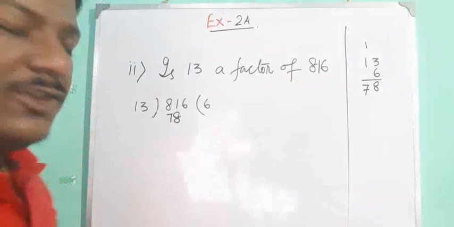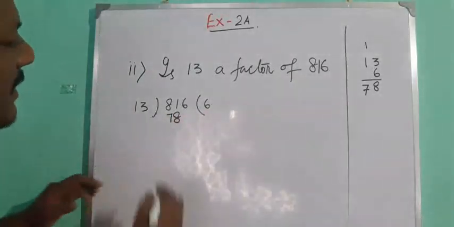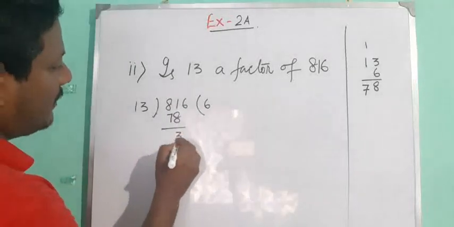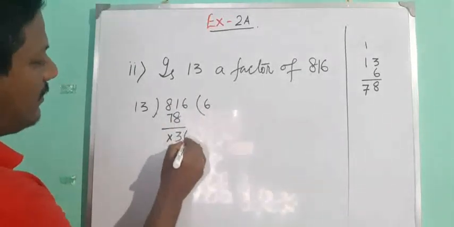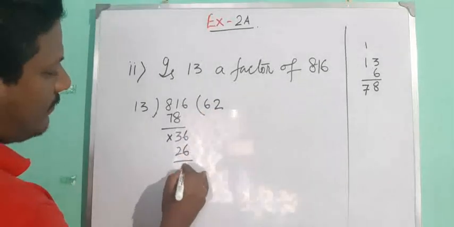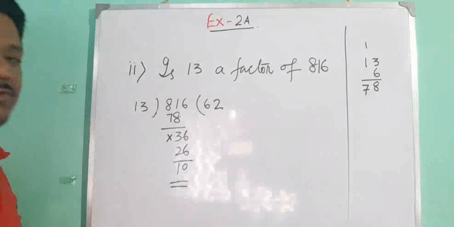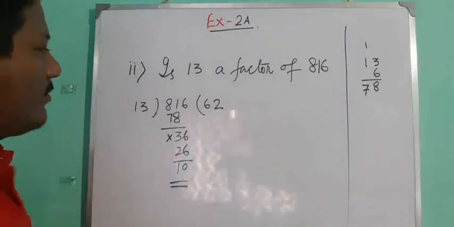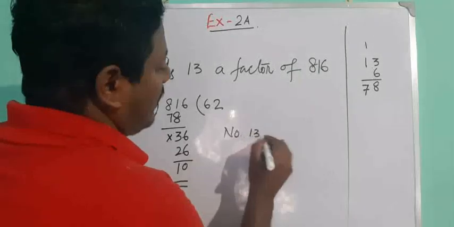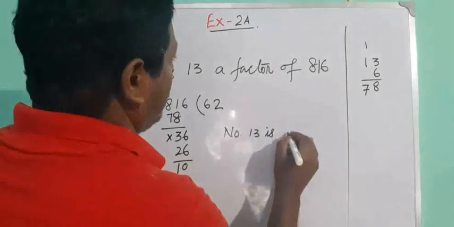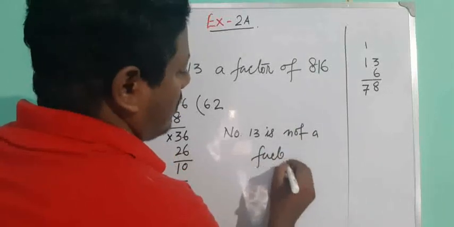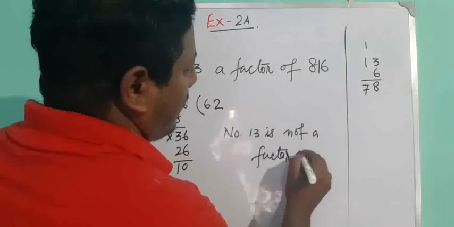13 6 you can continue. 13 6 78. Over here 3 and 0. Now will it go? No. So here we have the remainder 10. So no, 13 is not a factor of